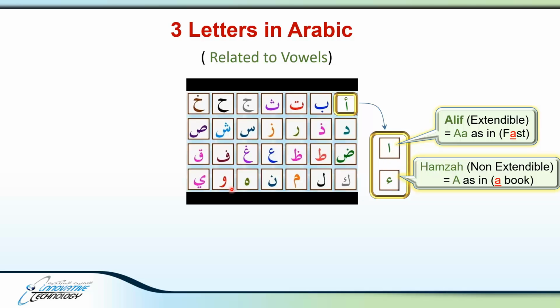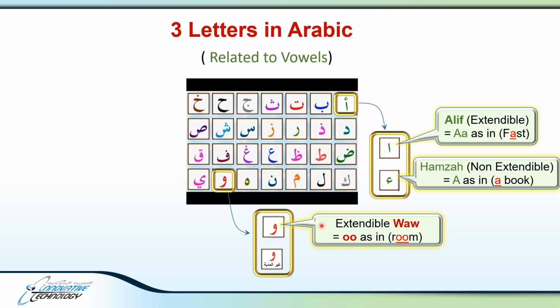Now let's move to the next letter, the waw. Waw again has two forms, the extendable and the non-extendable form. The extendable waw is like the oo in English, as in room, oo, room, oo. While the non-extendable waw is like the non-extendable w, as in walk, walk. Ooh, wah, ooh, wah. Similarly, the ya has two forms,